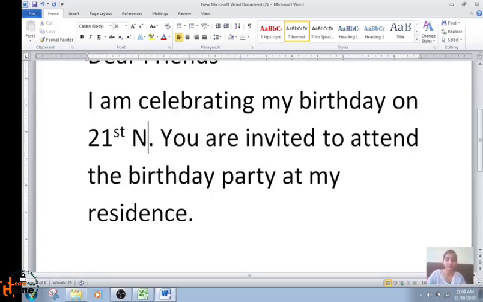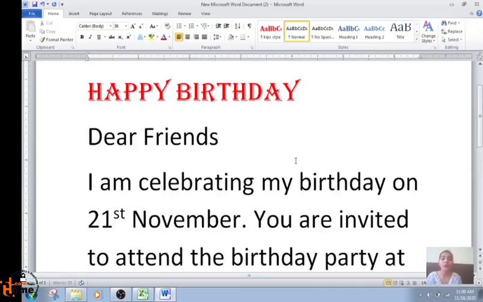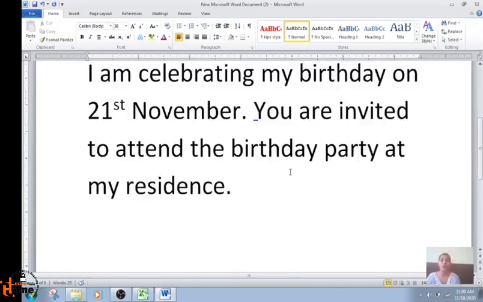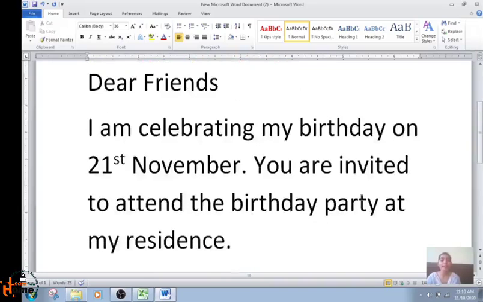Okay, now, have you understood how to add new text and delete text? Okay, now we will save this document. How will you save this document? Do you know why it is important to save any document? Because if you do not save the document, it will be lost.